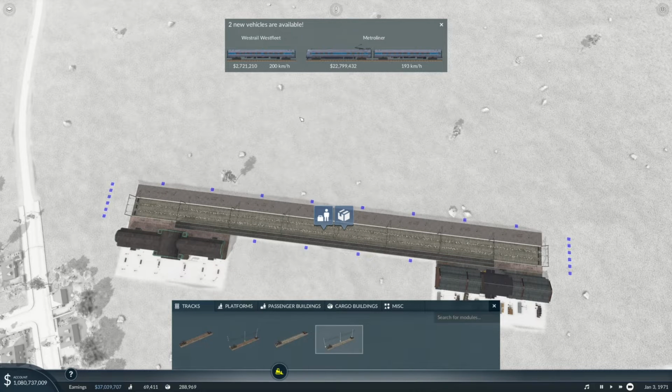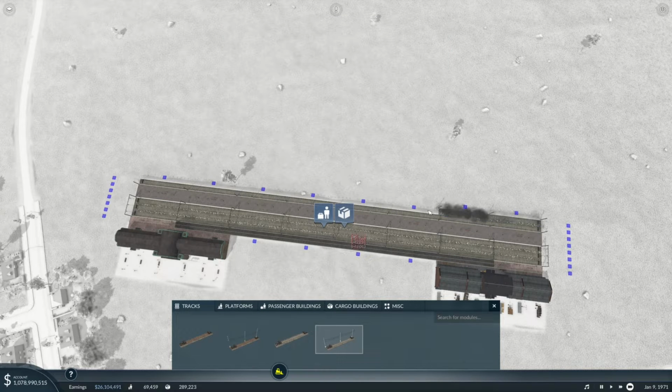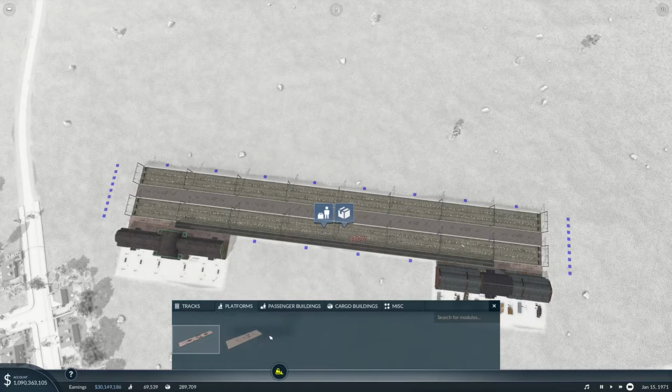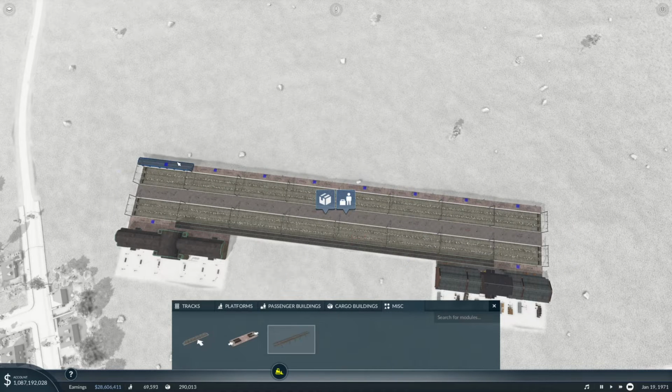Ooh, look at this train. The Metro Liner. 200 kilometers an hour or 193. That's pretty good. So I'm going to do 3. I think this is a little bit more effective. Yeah, I'm going to like this. Look at this station. This is a good station. And what we'll do is we'll put another platform on the other side. And give me the miscellaneous items. So I'm going to do...